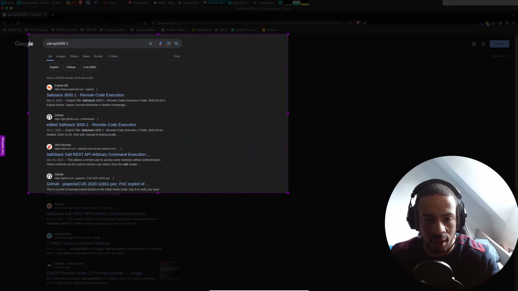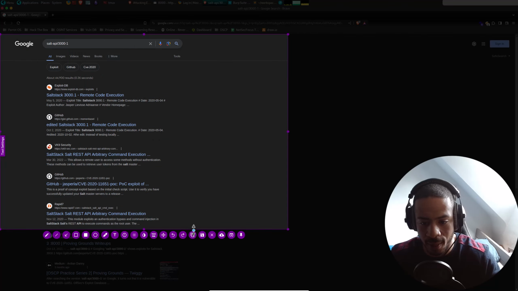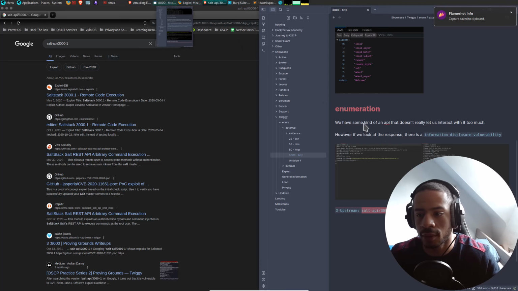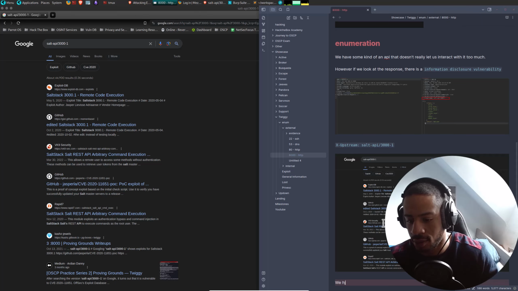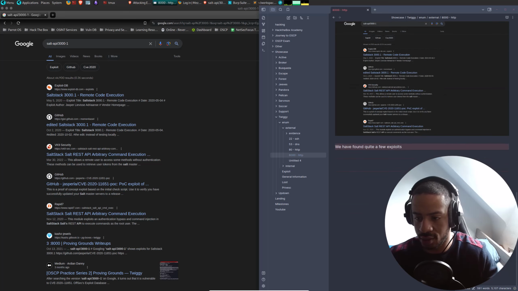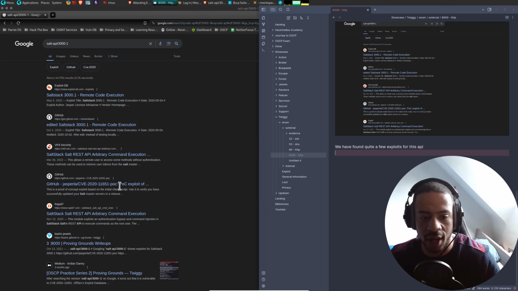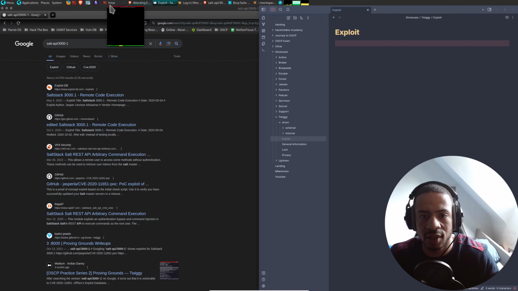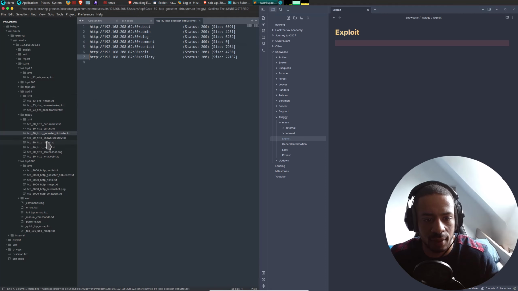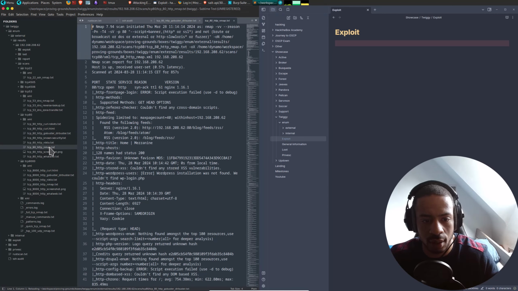We have found quite a few exploits for this API. Okay, so first things first, we now go into exploits. Is the Nmap still not finished? Oh, it is.